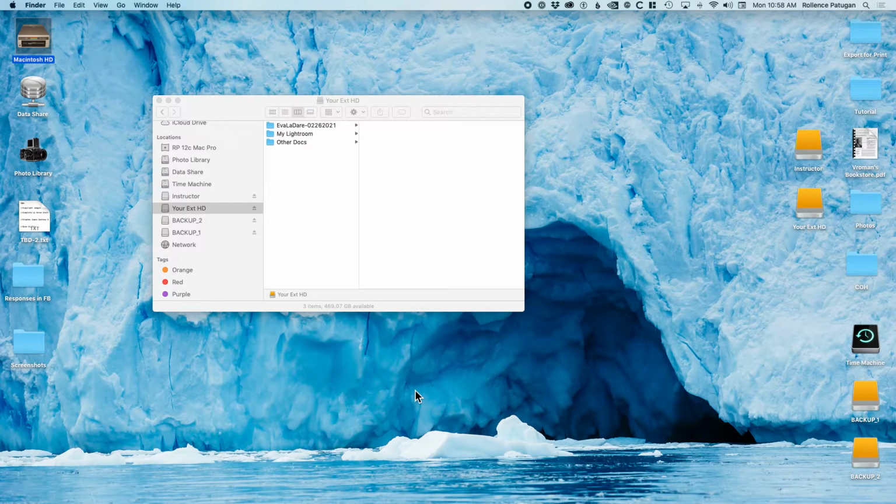Hey class, this video will guide you through moving your Lightroom catalog and your images to a new destination. Some of you may have purchased a new external hard drive to free up space on your internal hard drive, or you're just simply running out of room, and this will guide you through moving your catalog and your photos